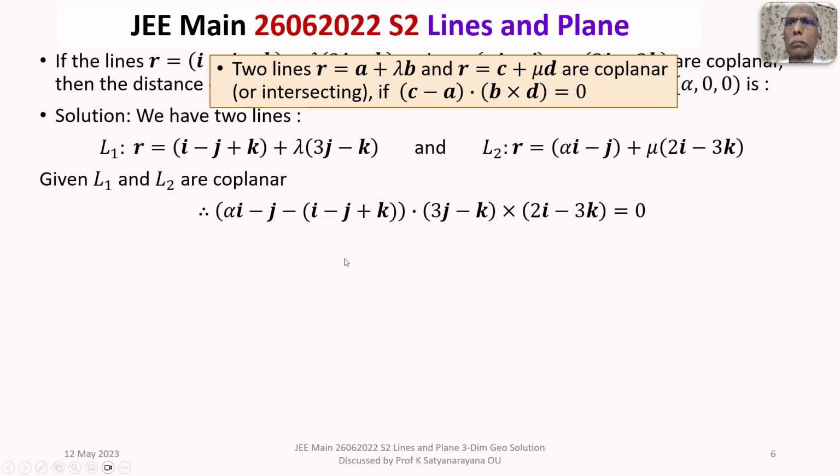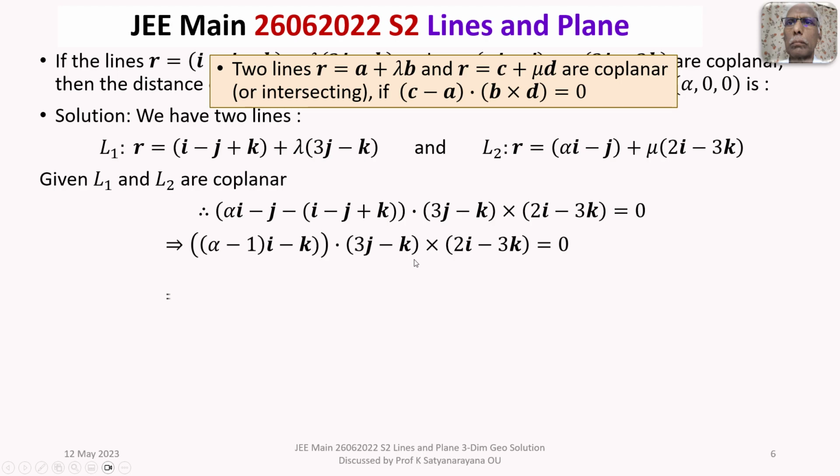So this implies minus j plus j cancels, and this vector will be alpha minus 1 times i minus k dot 3j minus k cross 2i minus 3k is equal to 0. And this is the scalar triple product of three vectors, also called the box product, and it is given by